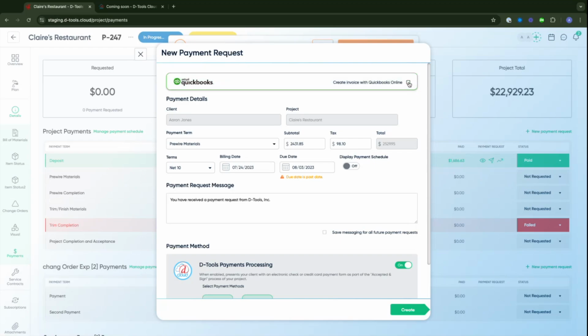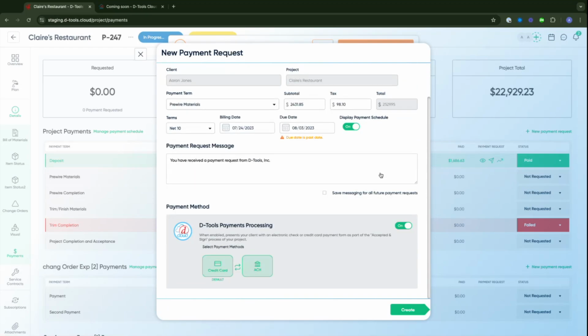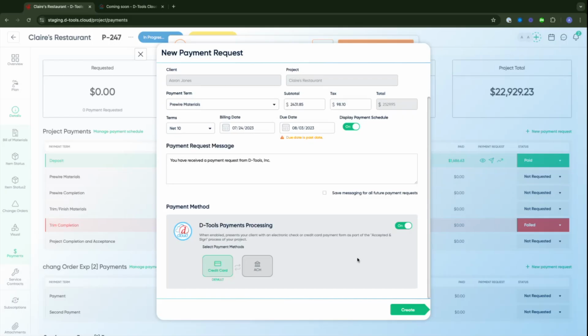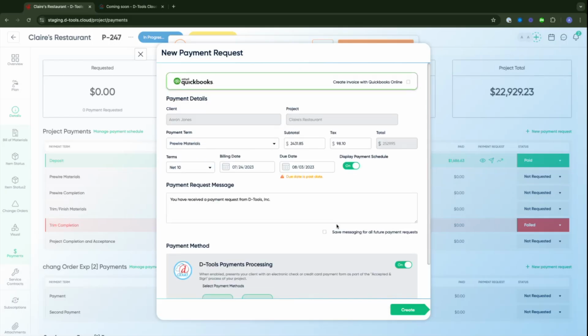So I'm just going to uncheck this for now. But as we can see here, we have our payment requests. We have the DTools payments option right down at the bottom. And this is where you get all of the control of how you would like to be paid. So this is where you can choose to either turn on ACH and turn off credit card, leave both of them on, vice versa, or turn it off. You have all of those abilities directly from the payment request prior to sending it out. We'll just hit create here,